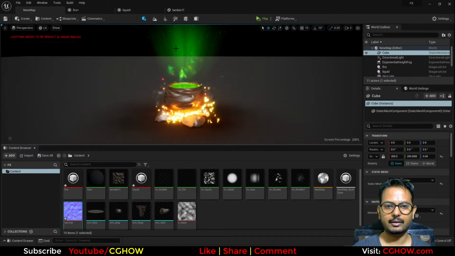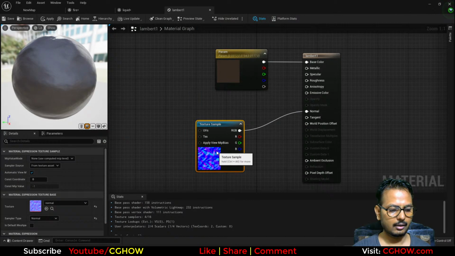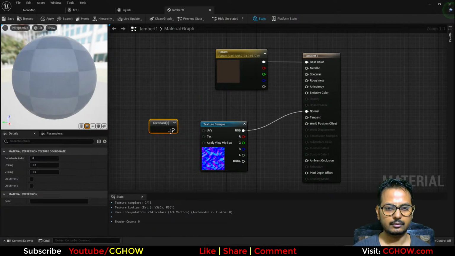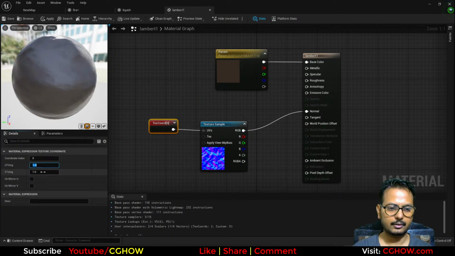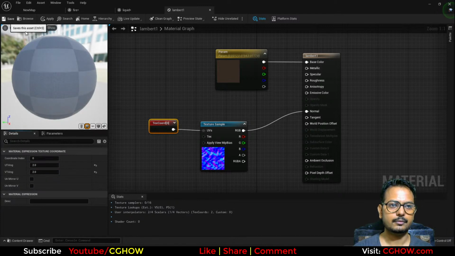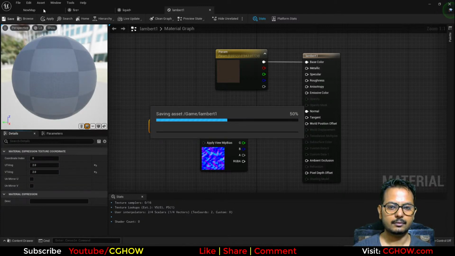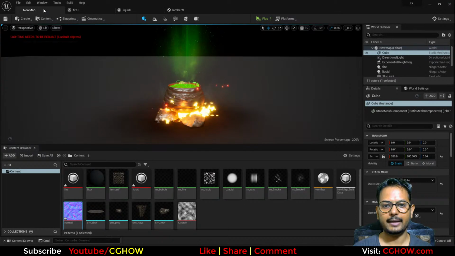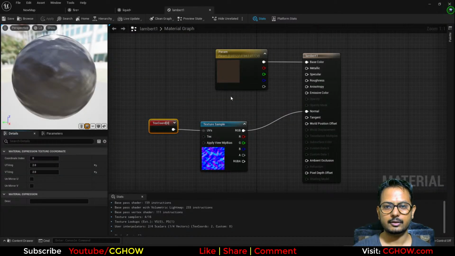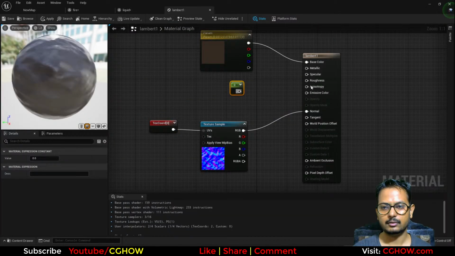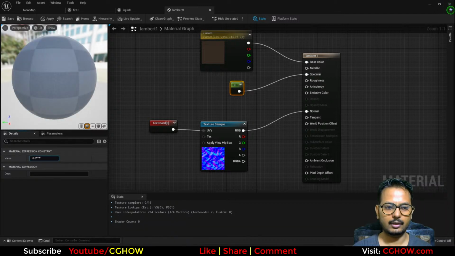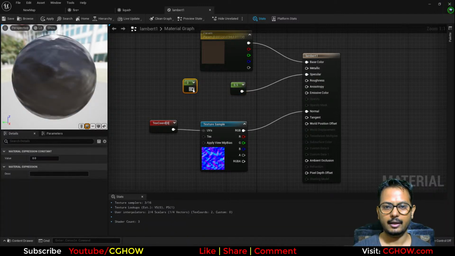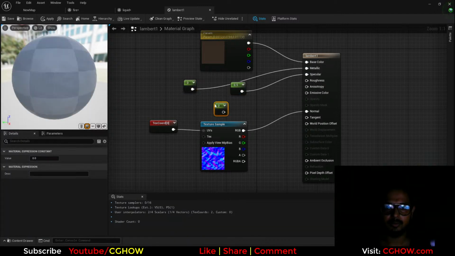It looks better on the rock, although I can make it like 2 or 2. It looks better on the rock, but specular is too high, so I will make the specular like 0.5 and metallic 0. Oops,